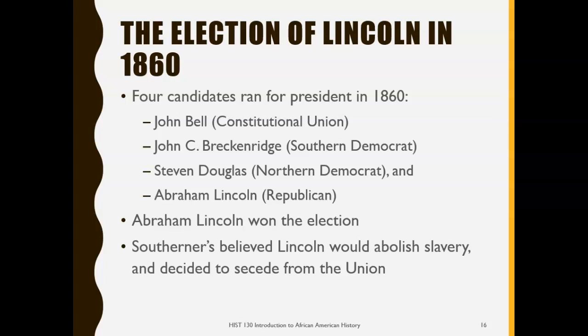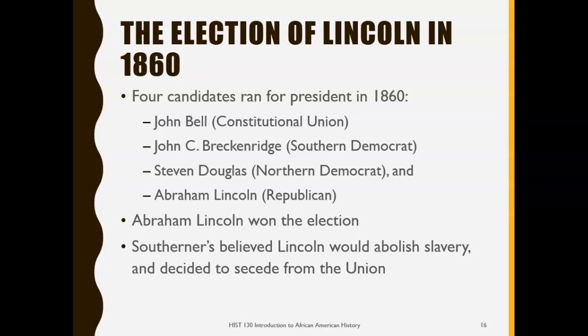Finally, as mentioned several times earlier, the direct cause of a civil war had to do with the election of 1860. The election of 1860 featured 4 candidates. The first one was John Bell, a Constitutional Union candidate. Then you have John Breckinridge, a Southern Democrat candidate. And you have also the other man famous at that time, Stephen Douglas, who was a Northern Democrat, and finally